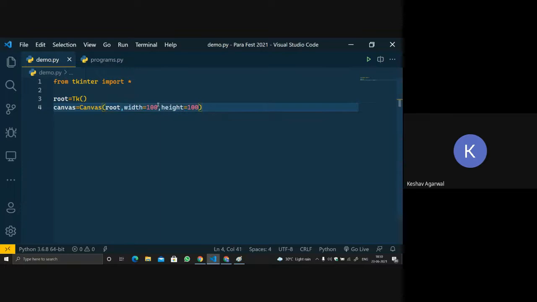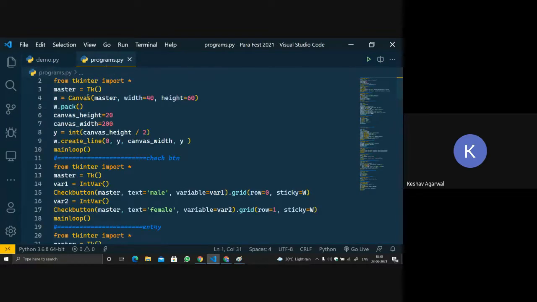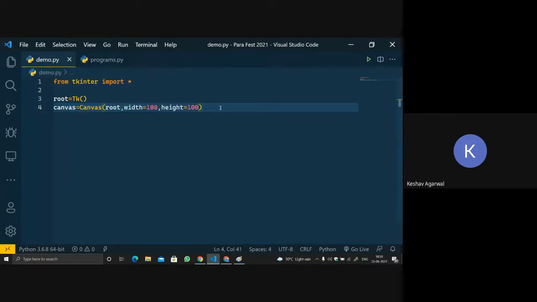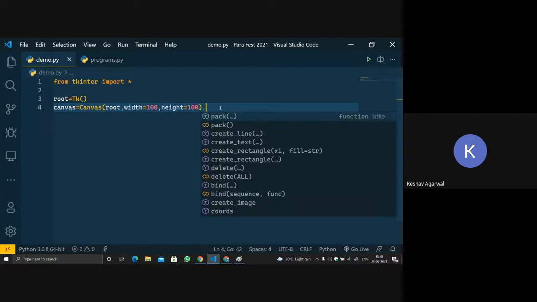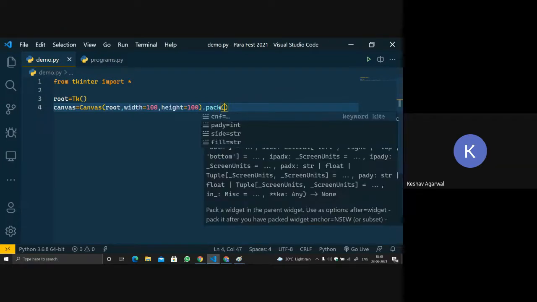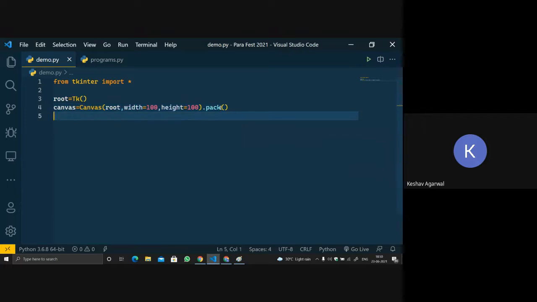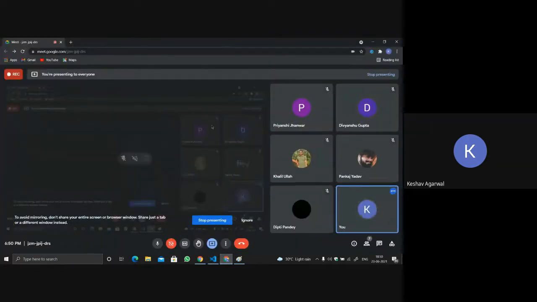Now we will have to pack it, like we did with all the objects we made yesterday, the entry and the label. Can anybody tell me what the pack function does? Yesterday we talked about it.